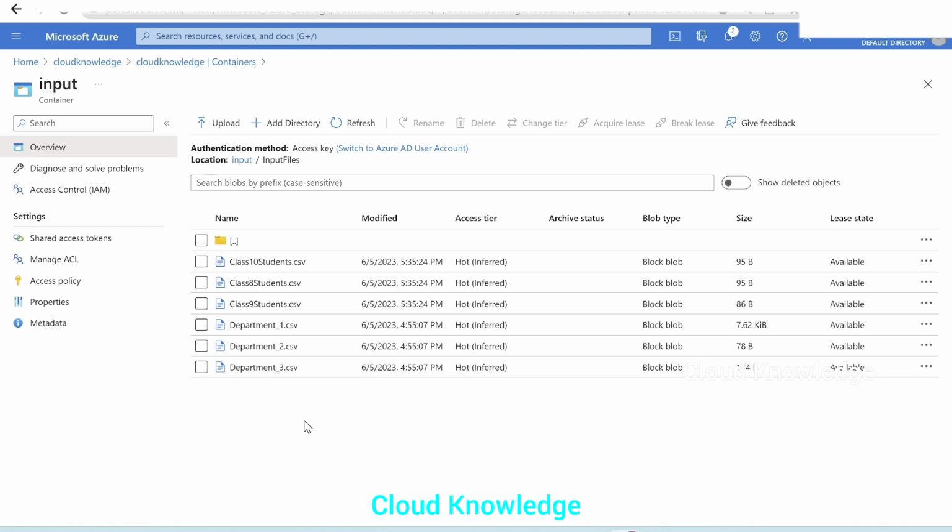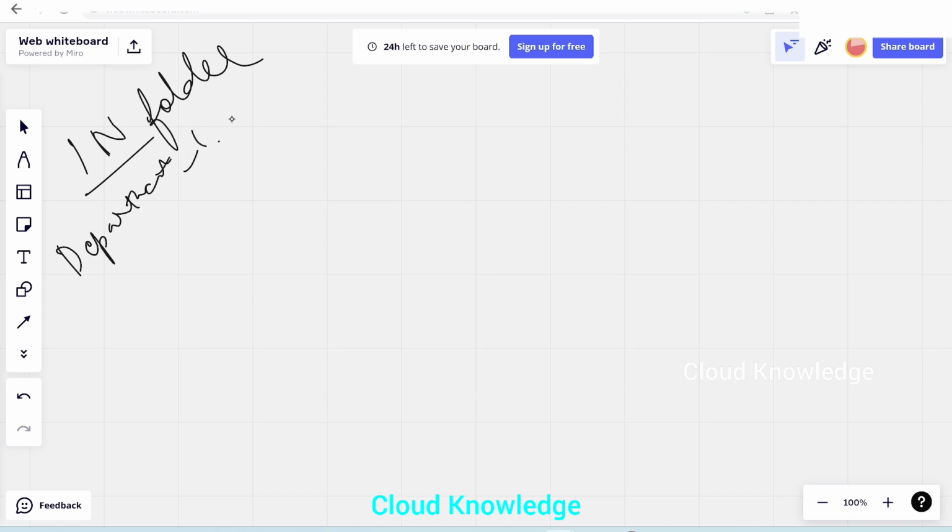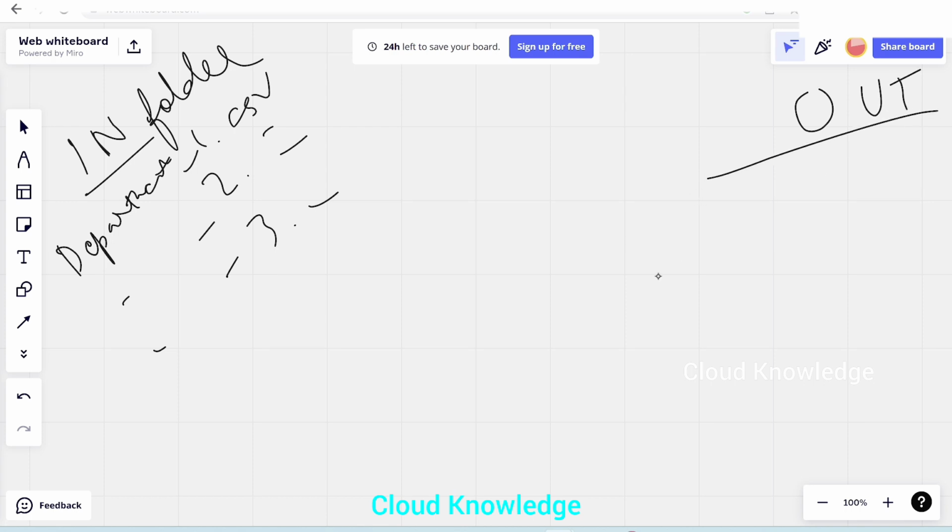An important thing to note here is that along with these three files there are other files too, these class files. So first of all we have to filter out these department files. Let me first go to the whiteboard and see what we are going to do for this scenario. So let's go to the whiteboard, and here we have the input folder. This is the input folder which has department files 1, 2, 3. These are the files, and in the output we want the files to be